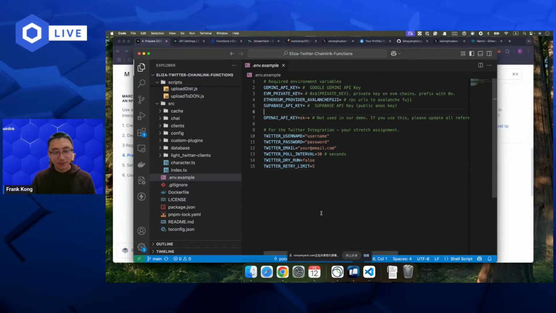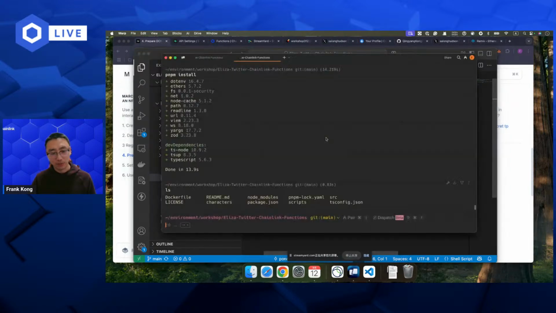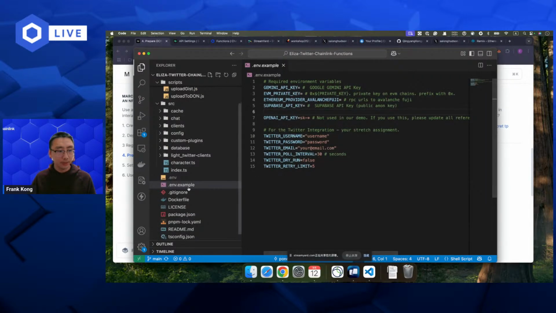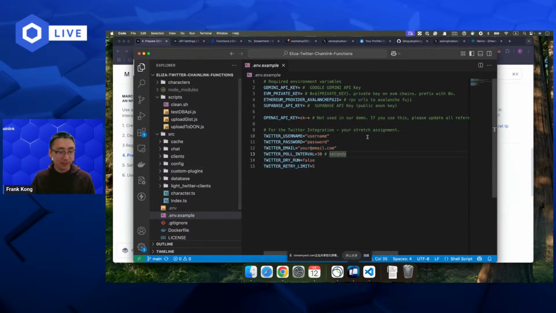Okay, because I have already created my .env file, so I will not fill it one by one. I will just copy that .env file from this one to this one. So I have copied my pre-prepared env file to this folder. So I will not show you these credentials. I will keep it secret. But if you want to use this one, you need to fill all of these credentials. Okay, cool. So this one is all the dependencies are installed, and the environment variables are created.